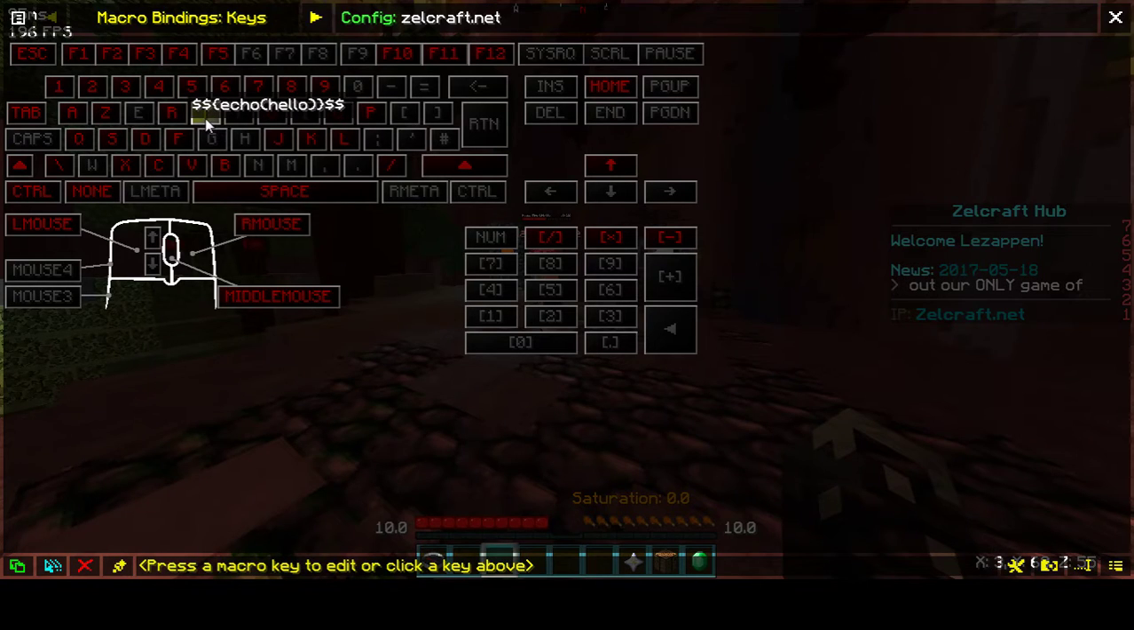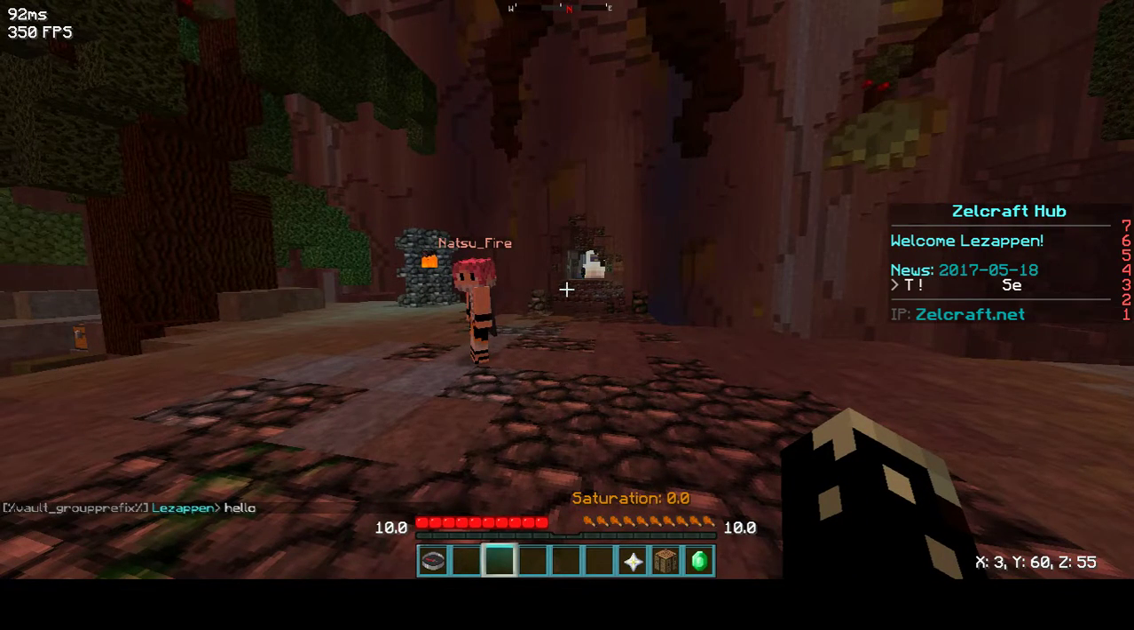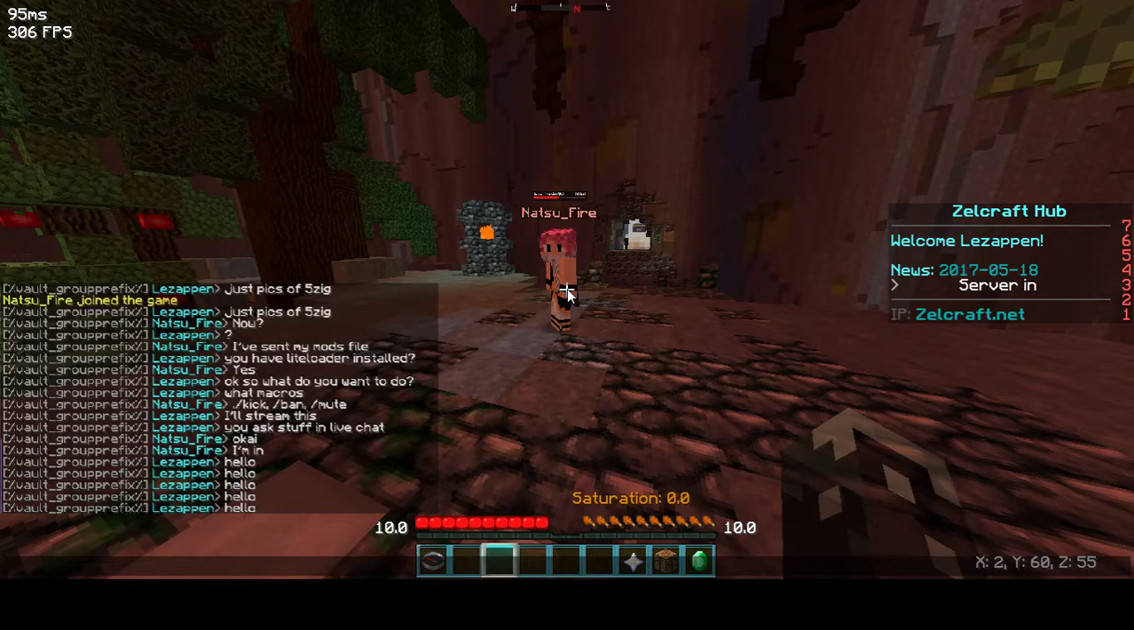So now that my letter T says hello, you can move this around. So I can move it to the letter G if I wanted to. So now when I press G, it will say hello in chat. So I can say hello as much as I want without actually having to type. Now,